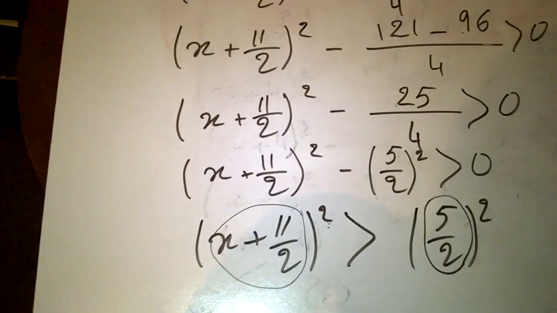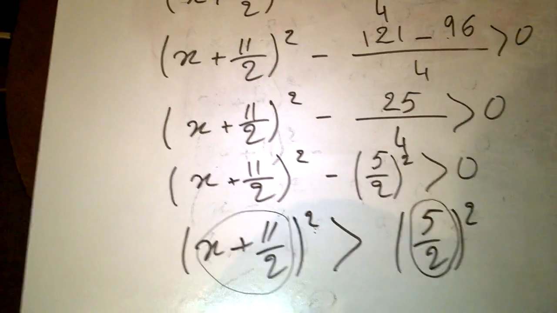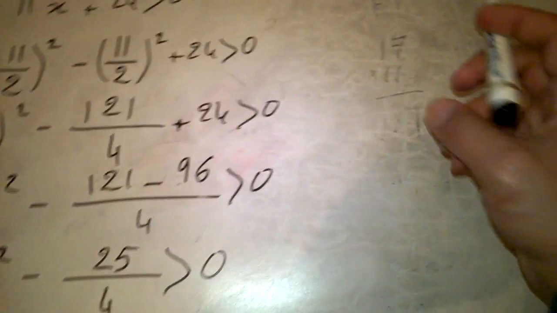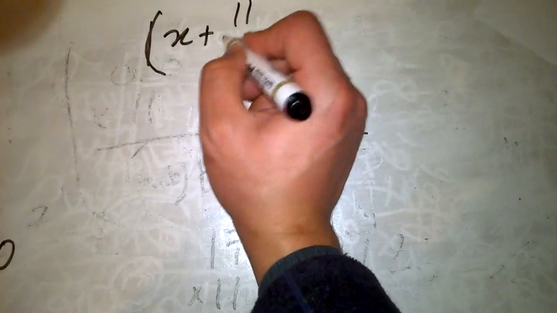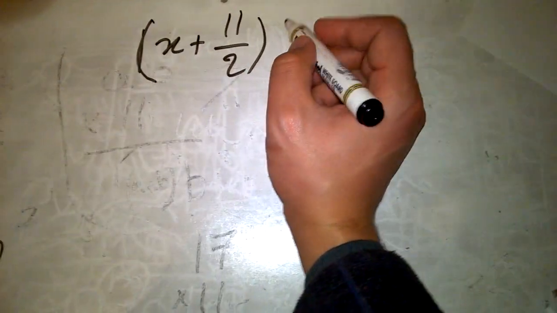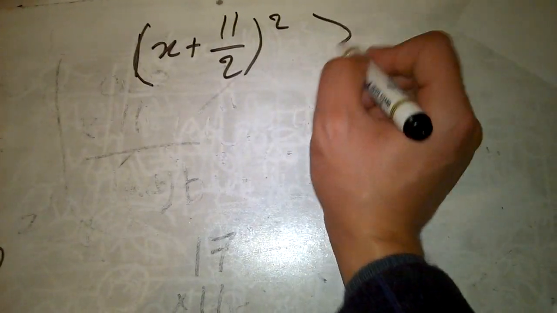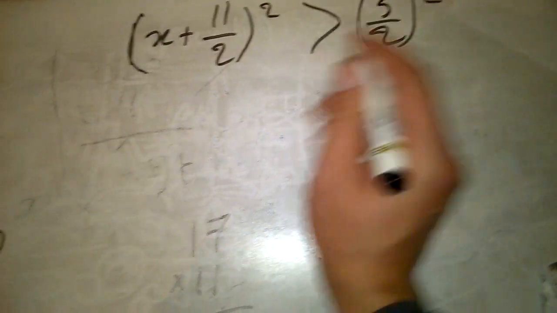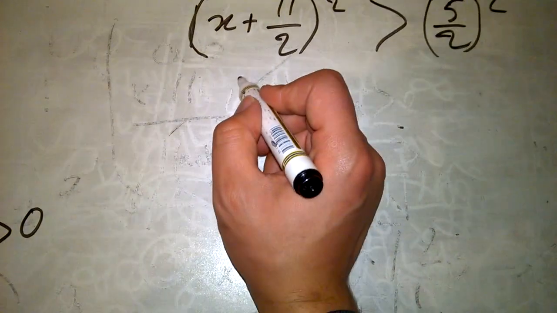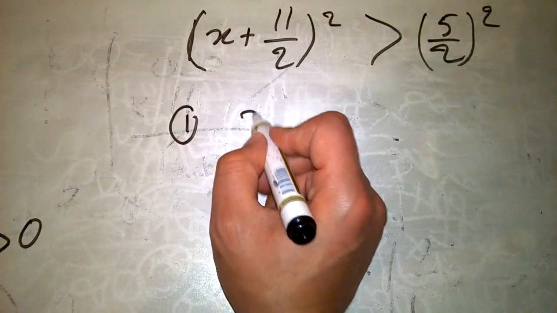So here we will get two cases again. I'm going to write the same here. x plus 11 over 2 squared is greater than 5 over 2 squared. So first case, x plus